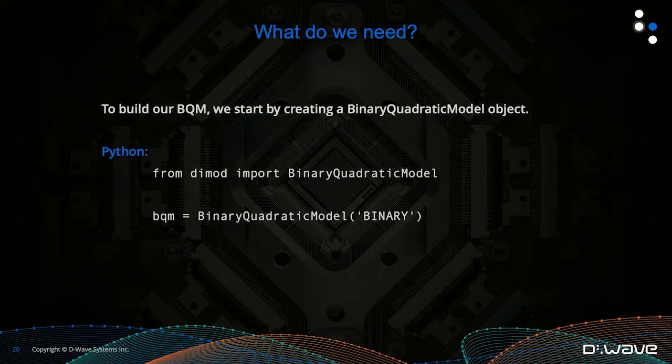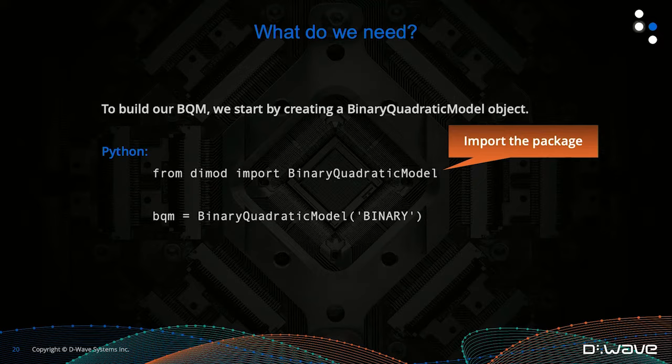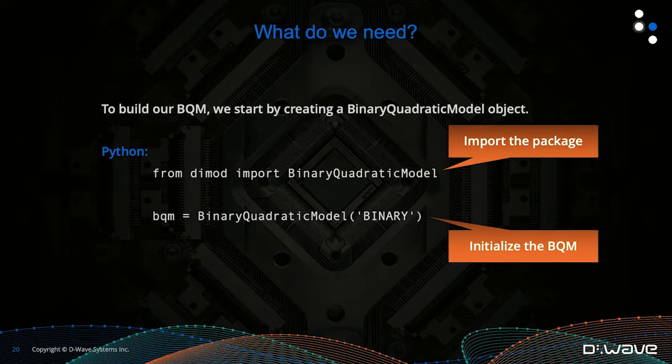All right, so what do we need for our specific problem? For this water flow problem, what do we need to do? First, we need to create a binary quadratic model object. This is going to live in the dimod package. We're going to import the BinaryQuadraticModel, and then we're going to build and initialize just an empty BQM. So there's nothing in here. I'm initializing this binary quadratic model, and I'm telling it that I'm going to use those binary variables, the 0, 1 variables. This is where, if you wanted to use the Ising form, you could say I'm going to use Ising -1, +1 variables.